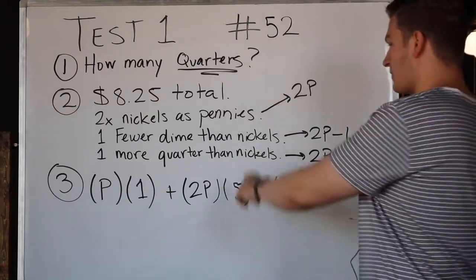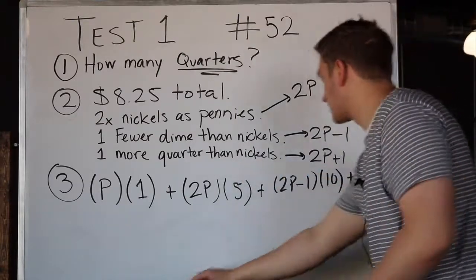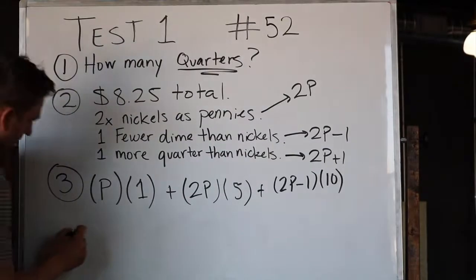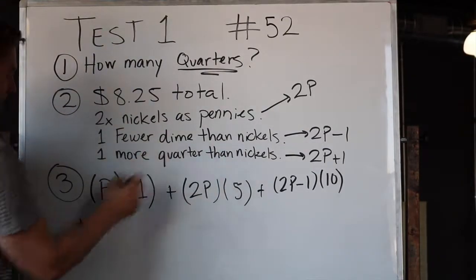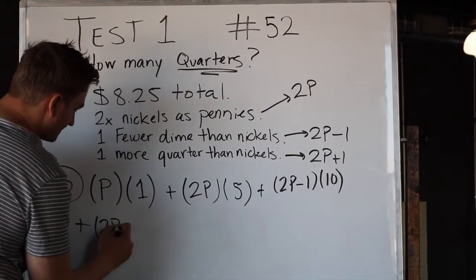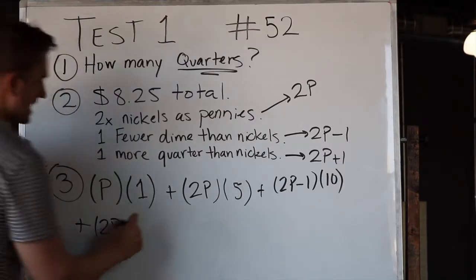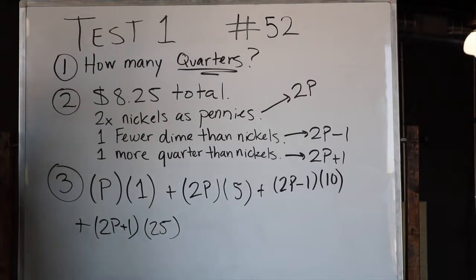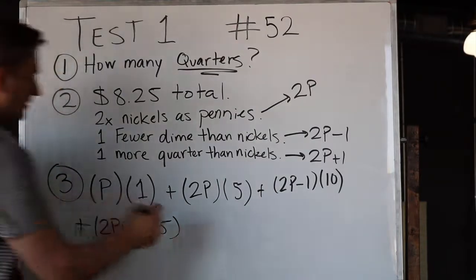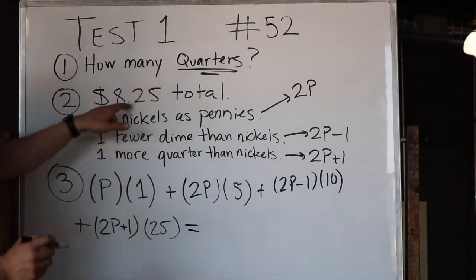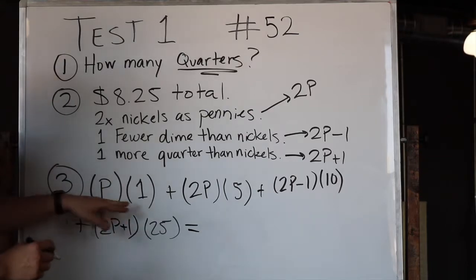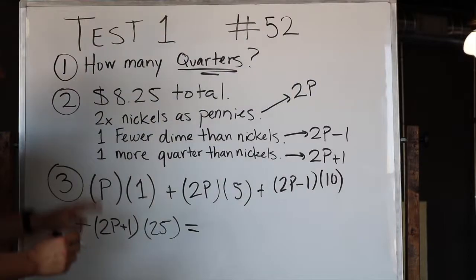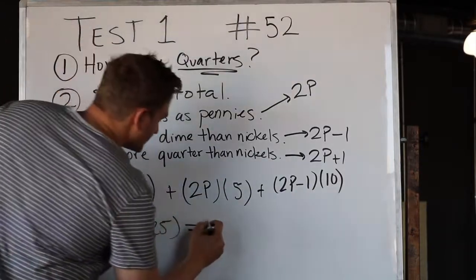And finally, we have quarters. I'm actually going to move on to the next line down. Hopefully that's not too confusing. We have 2P plus 1 quarters, and quarters are worth 25 cents a piece. And in total, we have $8.25, which, since I've been writing cents as just 1 or 5 or 10, I'm going to say that $8.25 is the same thing as